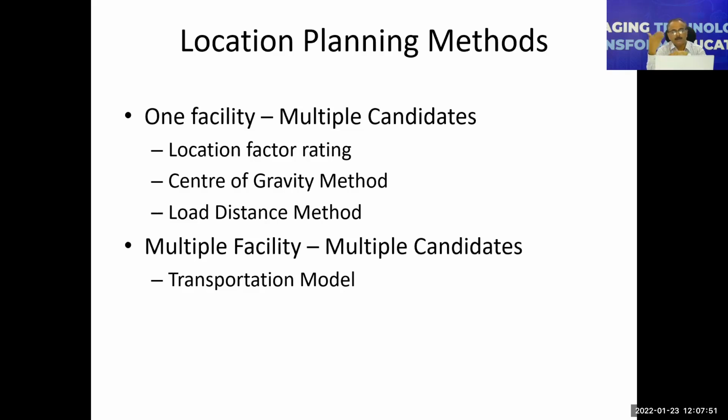Or it may be a multiple facility, multiple candidate situation, wherein you have multiple facilities available, and those facilities will provide material to multiple locations. For example, you may have 4 different plants which can supply material to 10 different warehouses. Now the question that arises here is which plant will supply material to which particular warehouse,